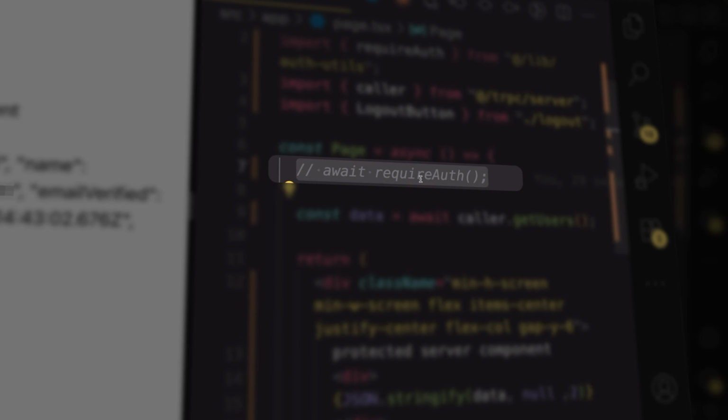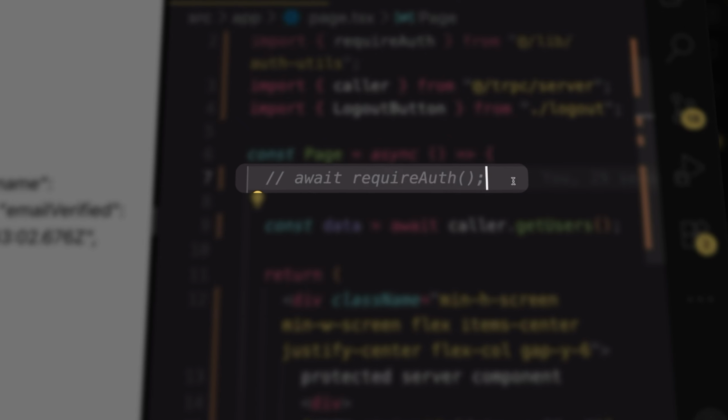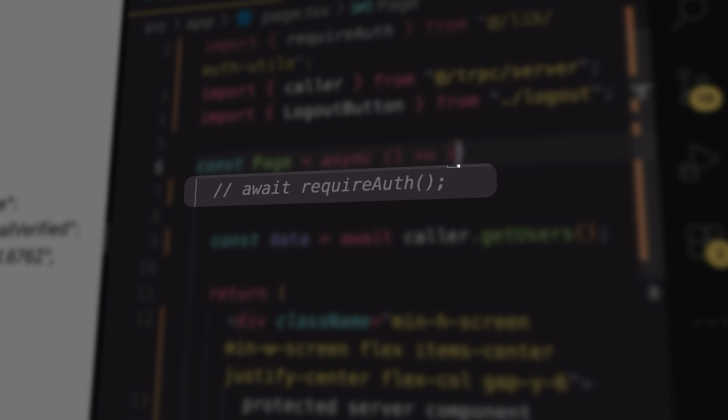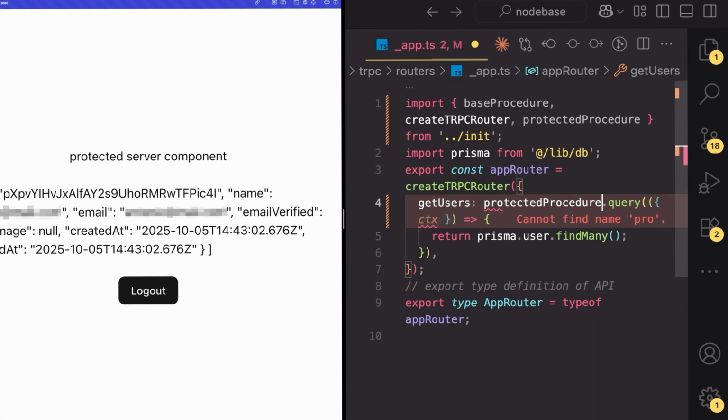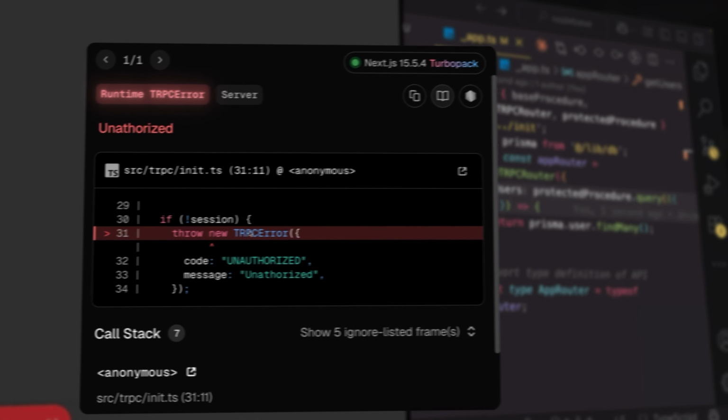You shouldn't rely on this. This shouldn't be your last level of security. Instead, your data access layer should use the protected procedure. And this way, you get the error